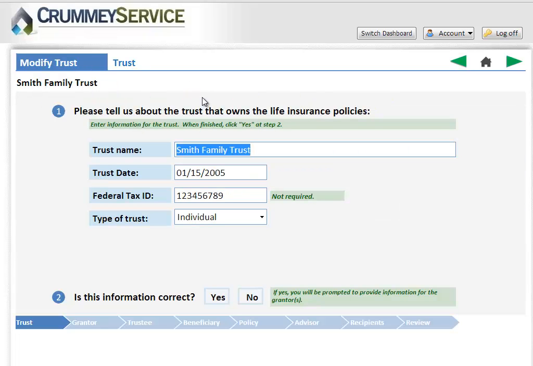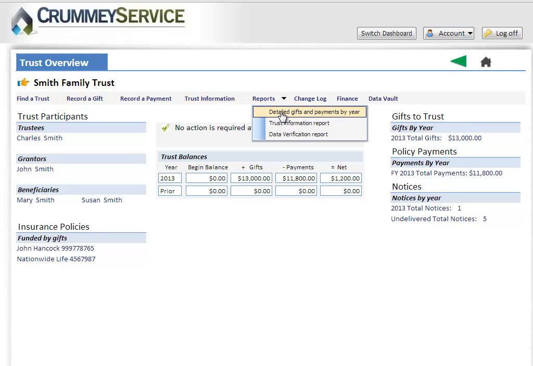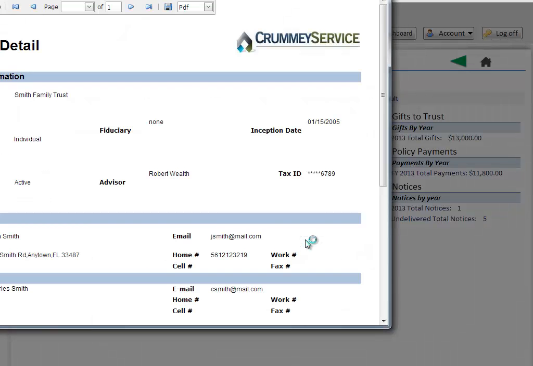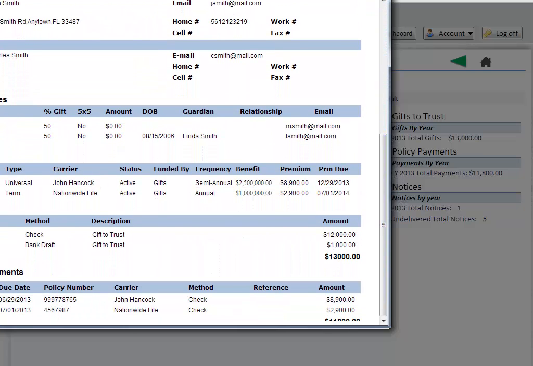For example, we can just go back and review by reviewing the trust information. We can pull reports. We can look at detailed gift reports. We could look at pulling all the trust information. We can select or deselect all the policy details. This is a great way to create a client-ready report. I can download it in different file formats, create a PDF, print it, and it's pulling in all of the relevant information